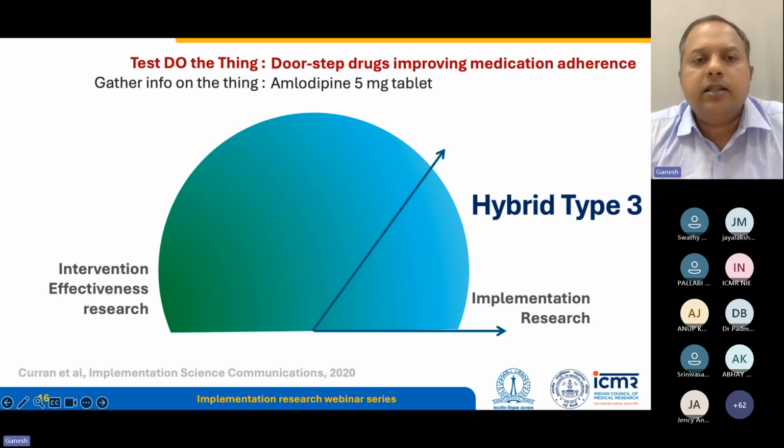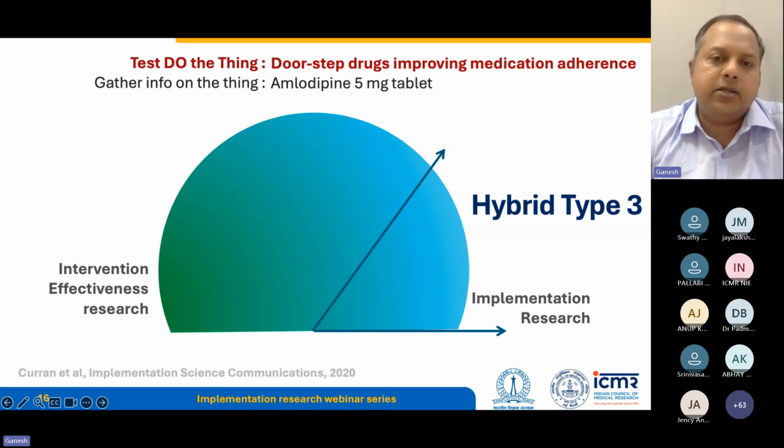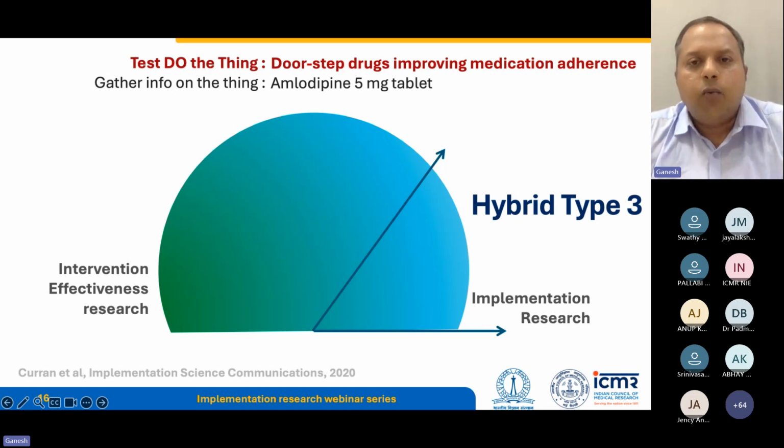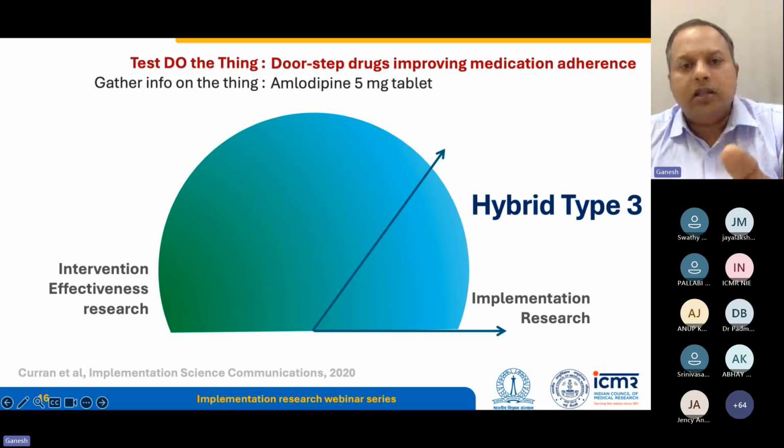What is it that we are testing in that strategy? I'm trying to demonstrate an implementation outcome. I'm measuring that implementation outcome, which is adherence to the medication among the patients. So the strategy is doorstep delivery of drugs, and the implementation outcome is medication adherence. And what we are trying to do here is deliver the implementation strategy